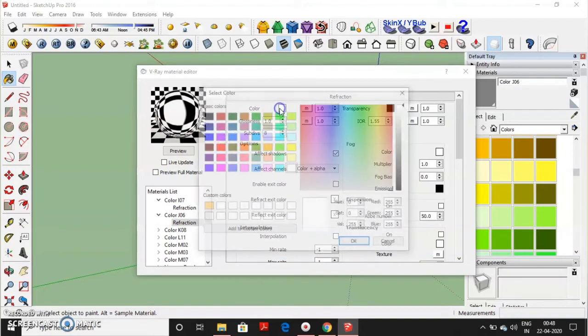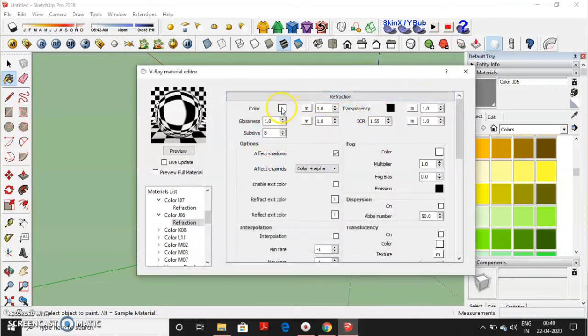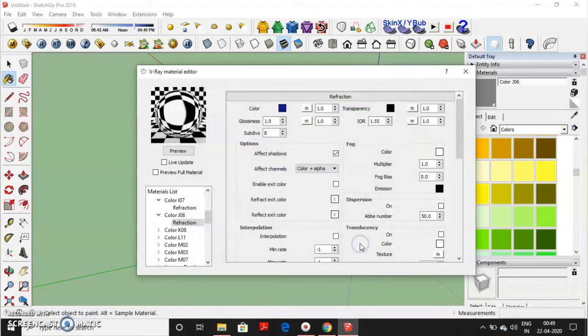As I wish for a dark blue type refraction, I will go to this color and set a dark blue type refraction. Again check the preview. See, this way I can put the refraction property to any material.